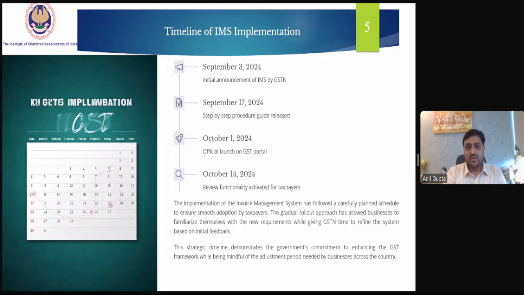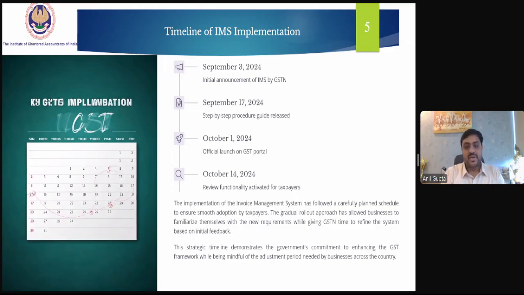On 17th of September 2024, an advisory was issued with the step-by-step procedural guide. Then on October 1st, 2024, it was officially launched on the GST portal. And on October 14, 2024, the review functionality got activated for the taxpayers.